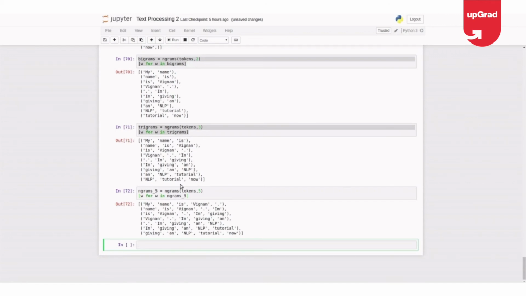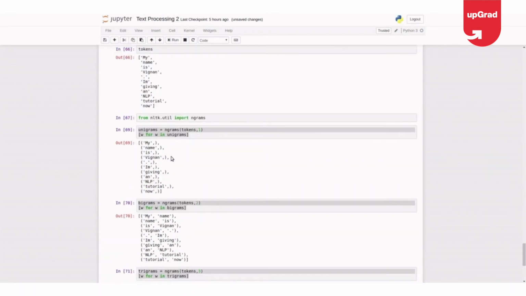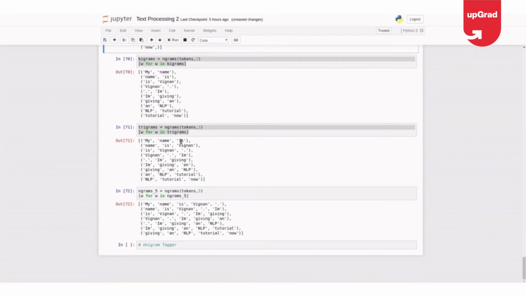Now I was saying I want to build a unigram tagger. So unigram tagger means this one, where I'm trying to find the unigram POS for each of my words. So firstly we'll start with unigram and then we'll go ahead with bigrams and trigrams too.